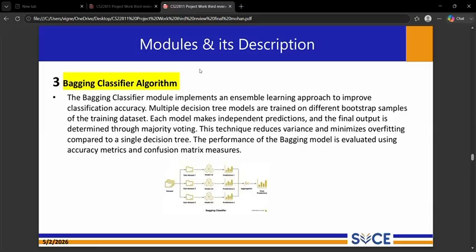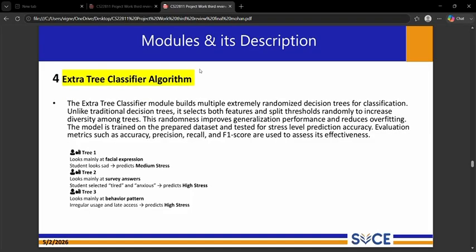In the next module, extra tree classifier is another ensemble learning method. Unlike traditional decision trees, it introduces randomness when selecting features and splitting points. This also improves generalization and reduces model variance.